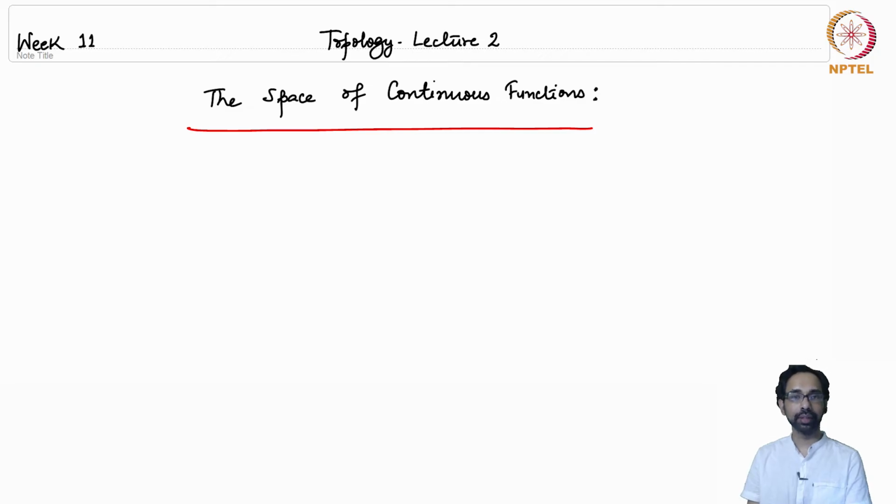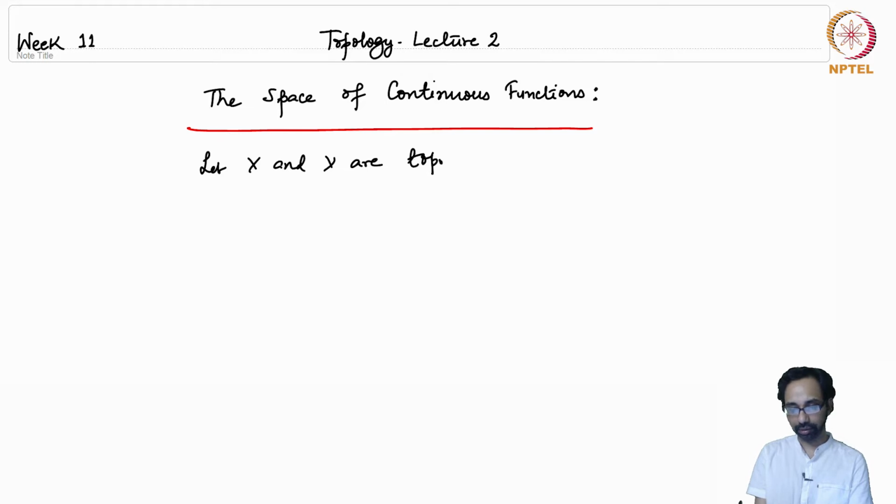In this lecture, we will discuss the space of continuous functions. This is the set of all continuous functions between two topological spaces considered as a topological space on its own. So, for this purpose, suppose that X and Y are topological spaces, and we denote by C(X,Y) the set of all continuous functions